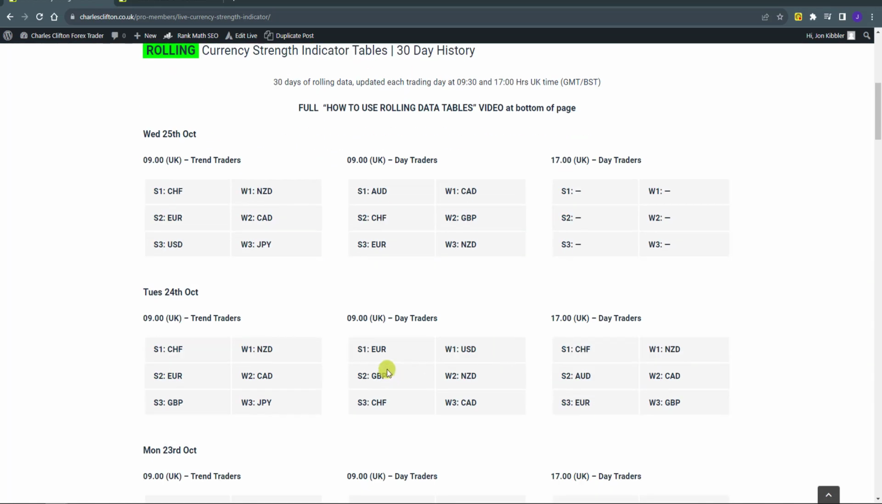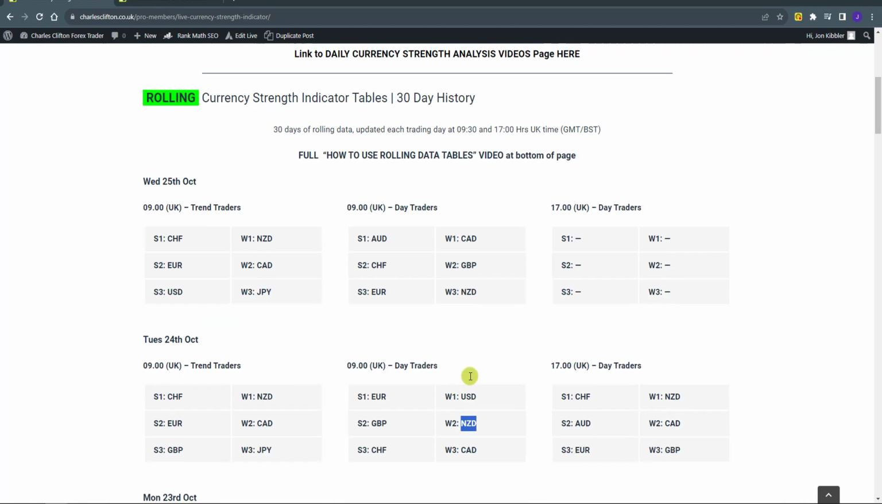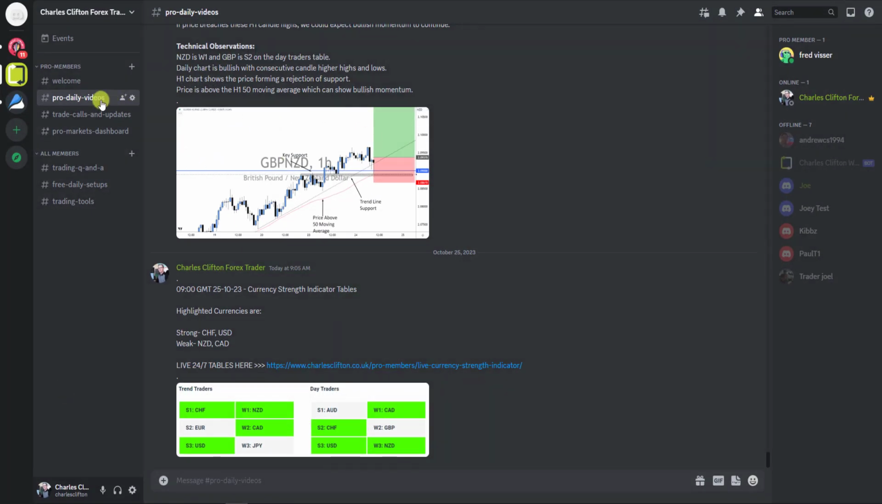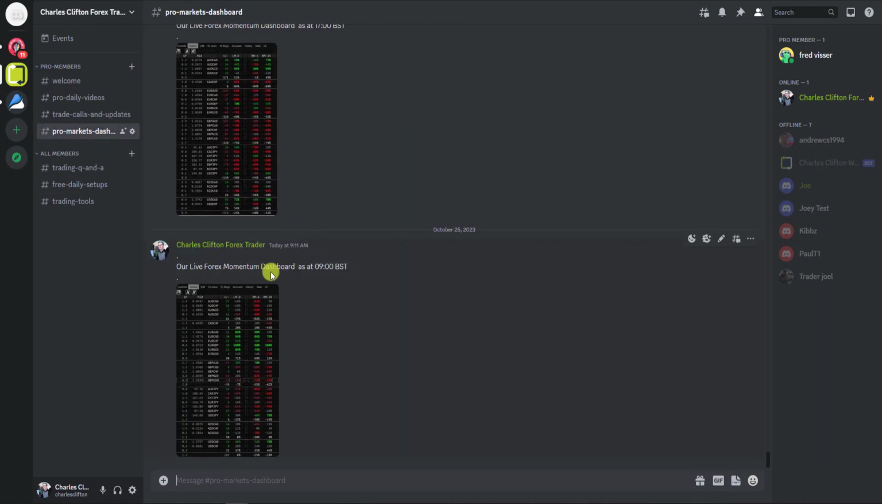If we go back to yesterday, Tuesday the 24th of October, we can see that the pound was on the strong side, euro was on the strong side, and that's why we were looking for Euro Kiwi longs. That has been stopped out, so I'm going to look at that again though, because what I want to do is actually just bring over the Discord channel, and if we go into Pro Markets dashboard, you can see that